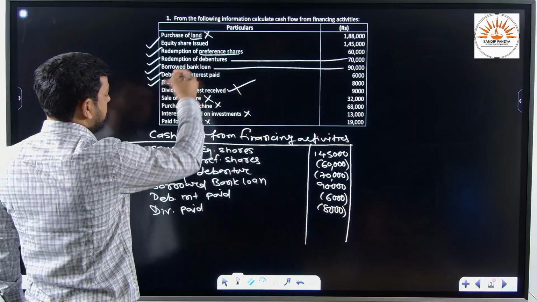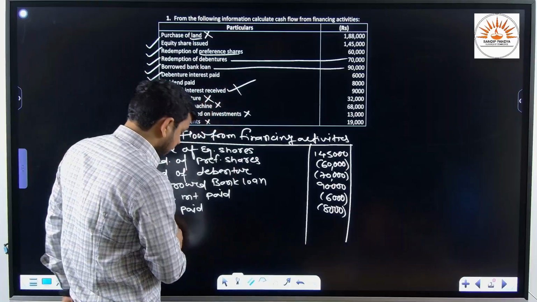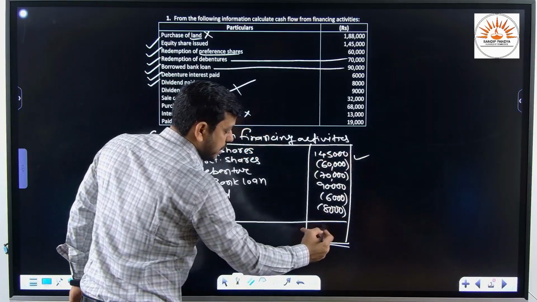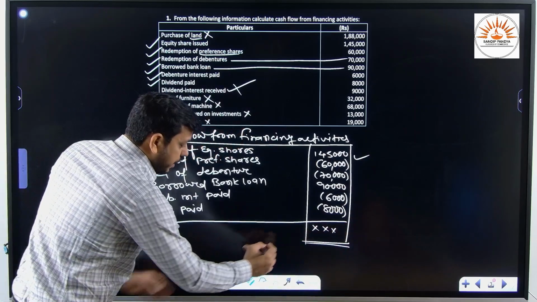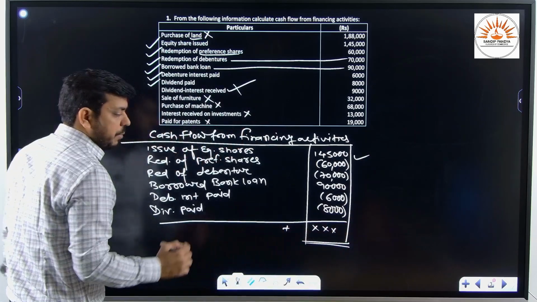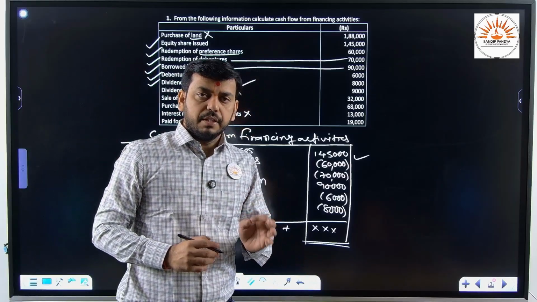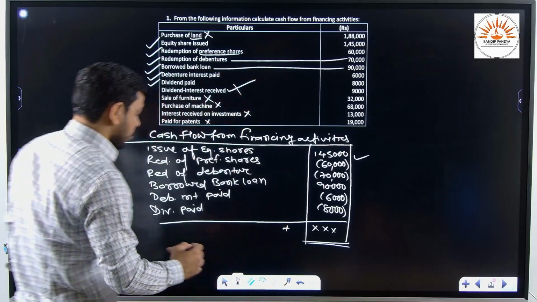And as we know, none of the other information is related to financing activity. So by making a final total of these items, by adding and subtracting whatever value we received, if it is a positive answer, keep in your mind it is a cash flow from financing activity. If it is a negative answer, that is called cash used in financing activity. So finally we shall write